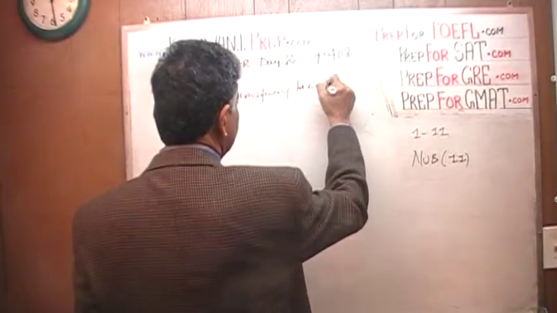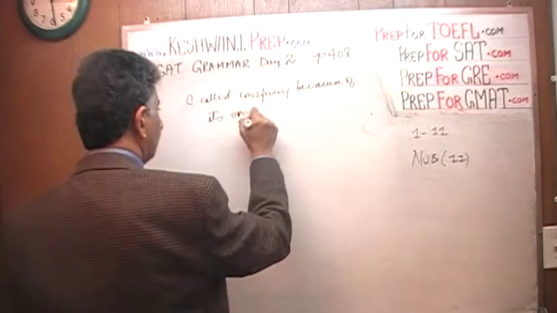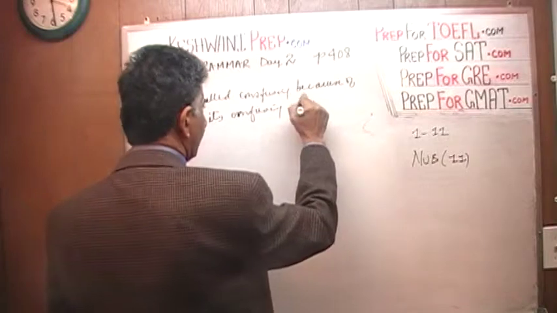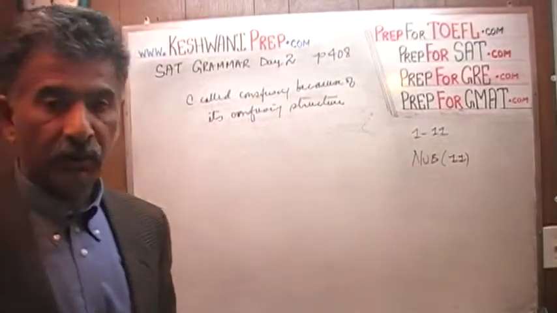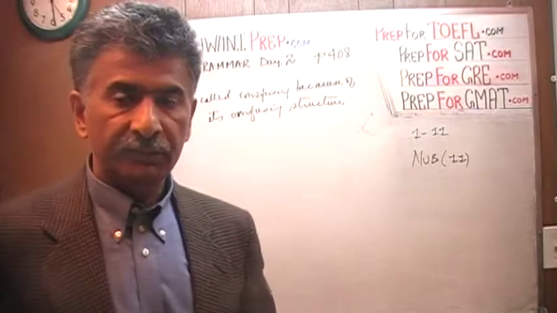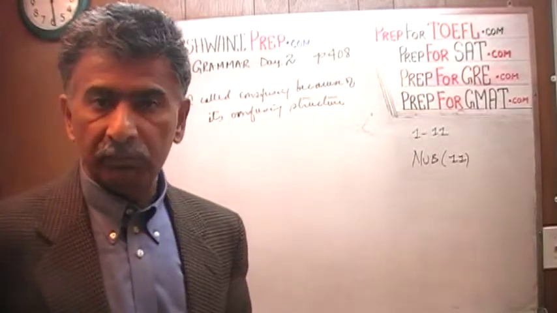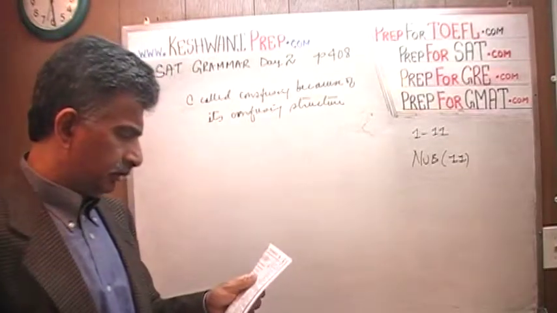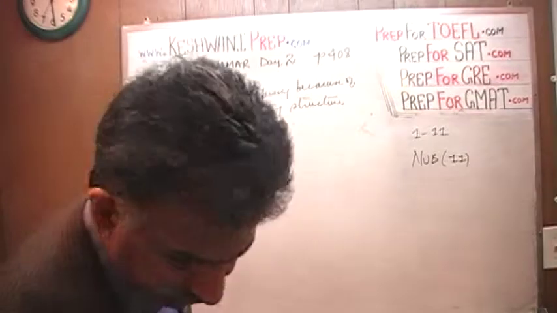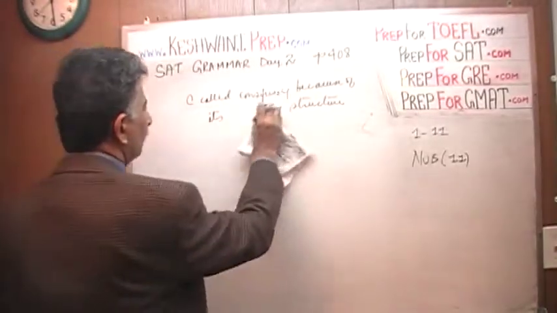Because of its confusing structure. Now so far, if somebody were to ask you how to fix this sentence, the answer is that it doesn't need any fixing. This is a perfectly fine sentence. Critics called it confusing because of its unusual structure, not confusing structure. I caught myself here because they wouldn't repeat the word here, that'll be silly. Because of its